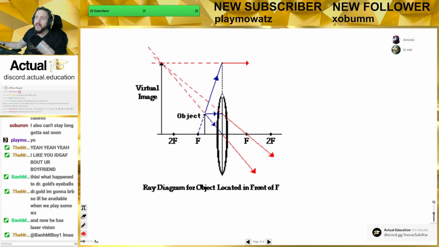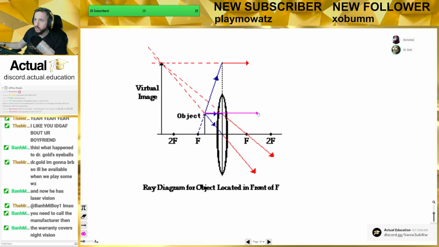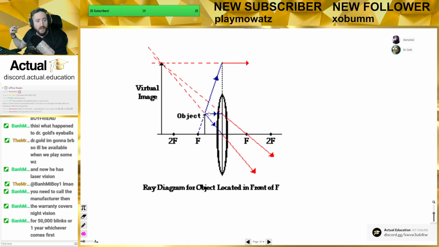Okay, dude. All right. So here's an example here. Do you see how we have an object right here, which is within the focal length, right? So you can still draw your first line, which is the parallel line, right? The parallel line has to go through the focal point on the other side. See how that happens? Cool. But then the next question becomes, okay, now the next line you want to